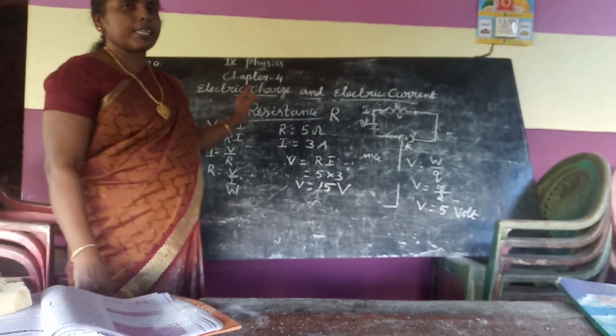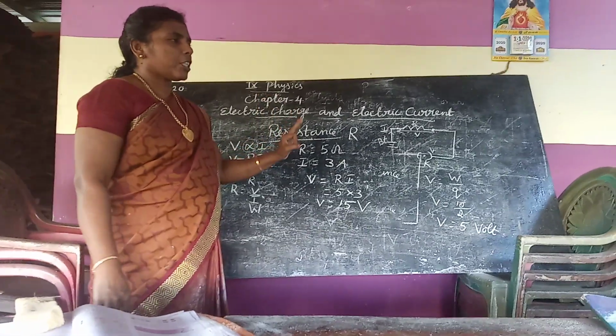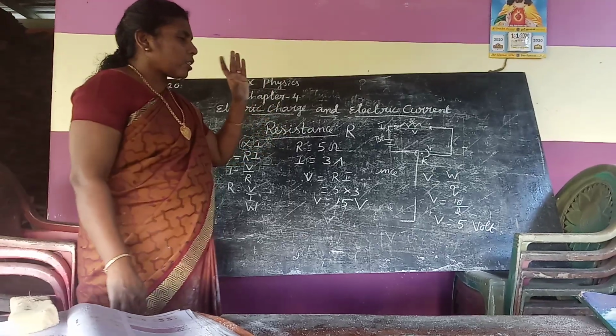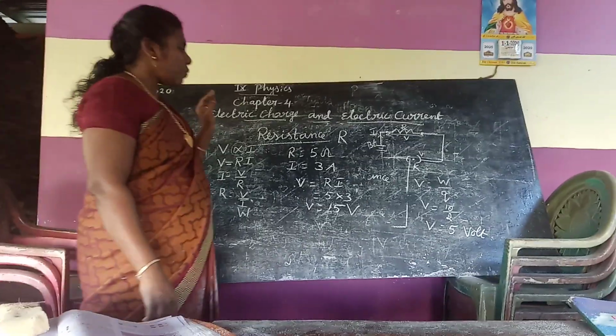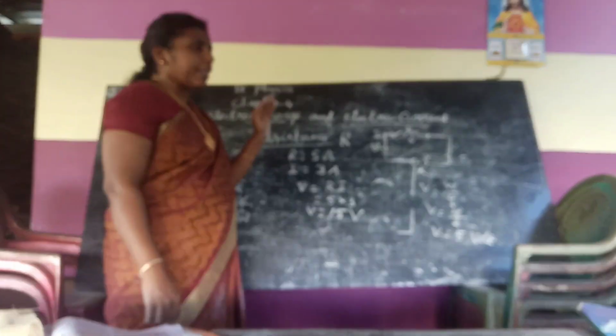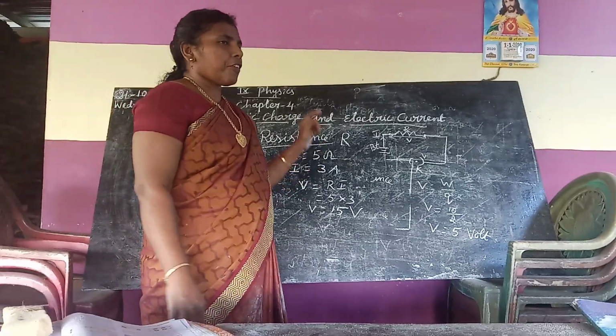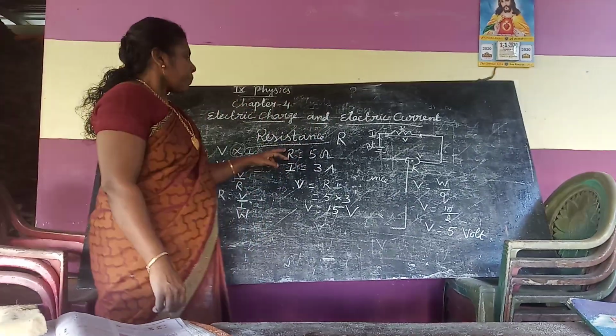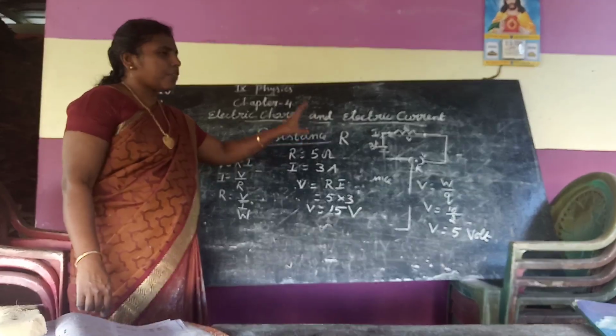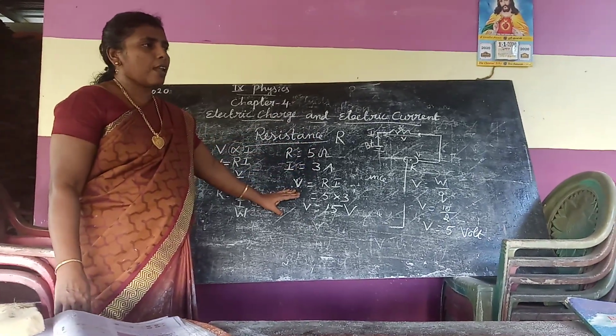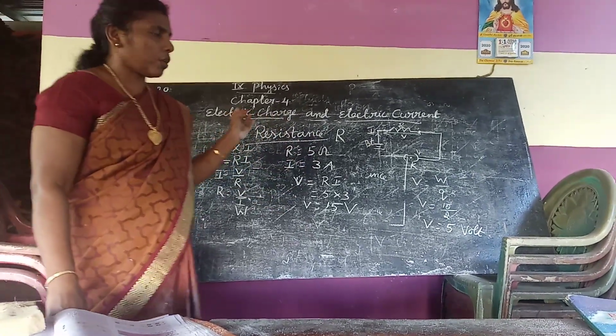So today we have learned about EMF, potential difference and resistance. All three have formulas. Just learn the formulas, the letters denoted and the units well. If you have any doubt you can ask. This is a very important lesson, and now we can mark the questions, students.